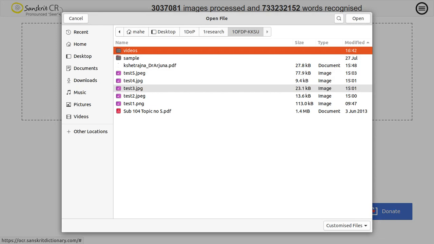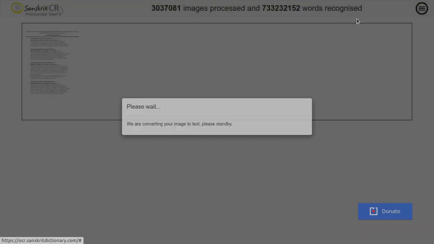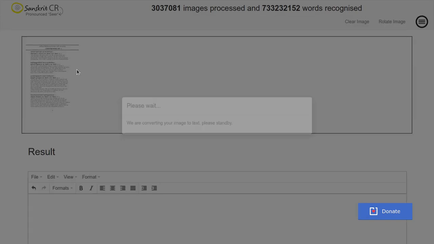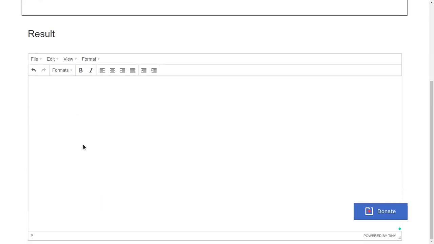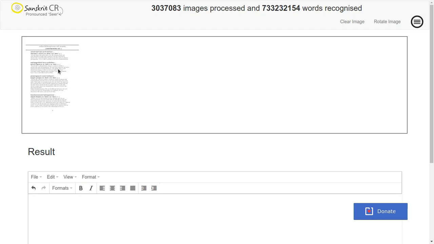But I have to show you how it works when we upload a blurry image. It didn't give me any result because the image which I uploaded was not in a good condition.